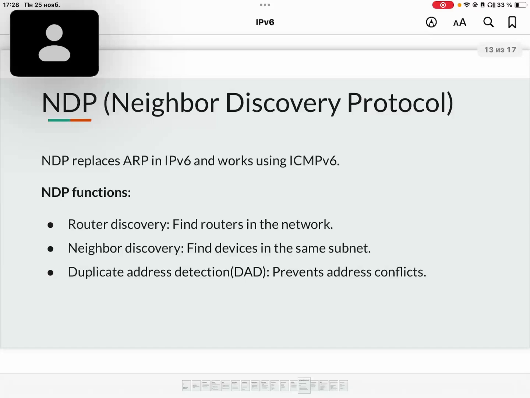I will discuss the functions of NDP. Router discovery allows a device to locate routers on the network automatically. This is critical for devices to know where to send traffic destined for other networks. So when devices first connect, a device in IPv6 sends router solicitation, RS, messages to a multicast address. For example,